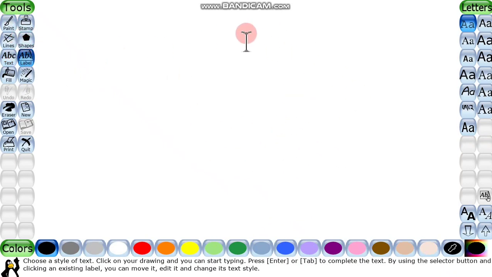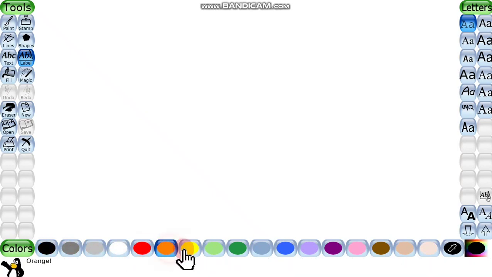Now the white area which you see here is known as the drawing area. इसको हम लोग क्या बोलते हैं? Drawing area or drawing canvas. This is the place where we will draw our picture. And here is the color palette which is used to select different colors. As you can see, here are different colors and we can select in this form. Whichever color we select, you can hear some sound also, as well as this penguin giving directions.